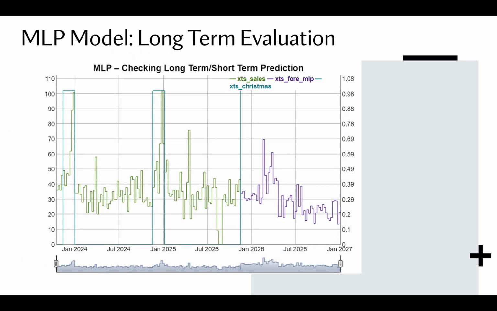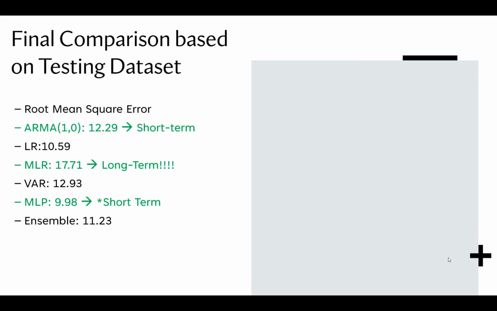Overall, I don't like the long-term forecast for the MLP model. Even though on the surface it looks like the past, when we take a closer look, the network has learned little or no dependence on the Christmas variable. I'm not saying that the neural network can't be improved, but it requires further investigation, because in our EDA we showed evidence that the Christmas variable causes an important change in sales.